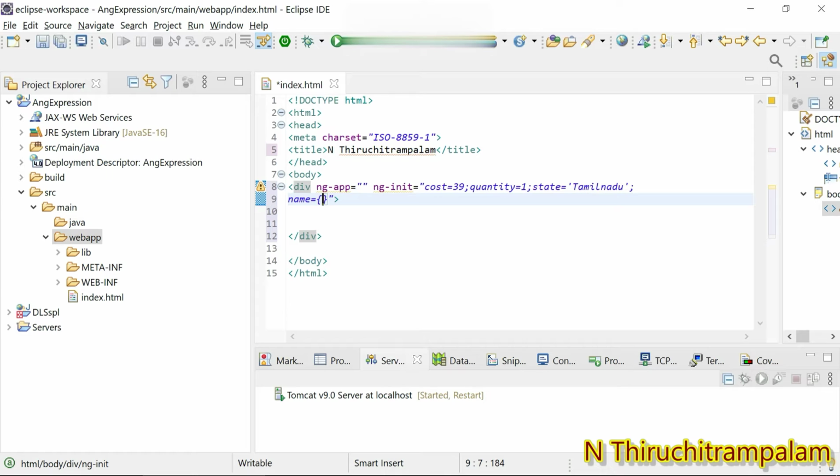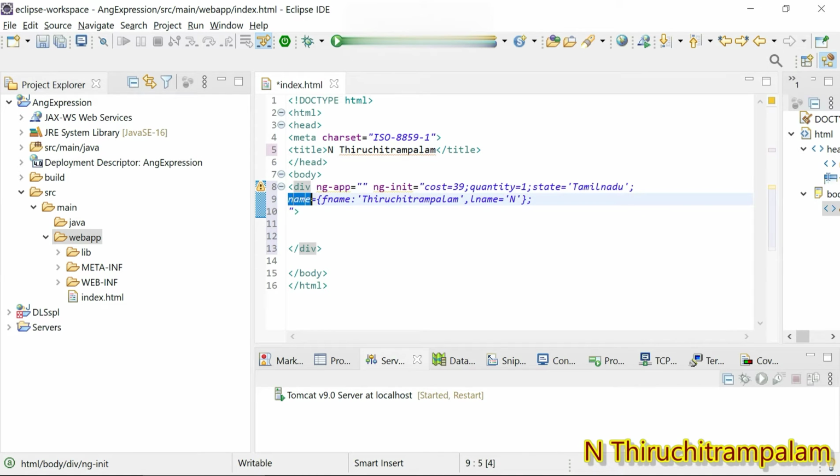So I give the key as first name, that is fname, colon, and within single quotes I give Tiruchitrambalam. Then comma, last name within single quotes I give n. Then I give the semicolon.